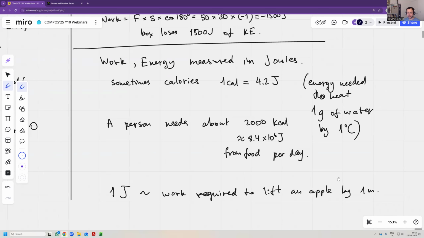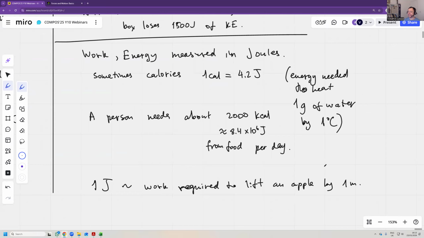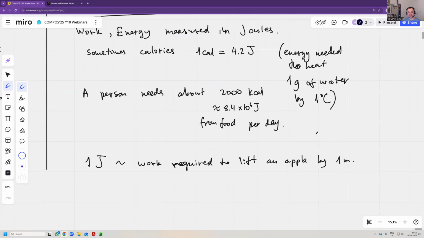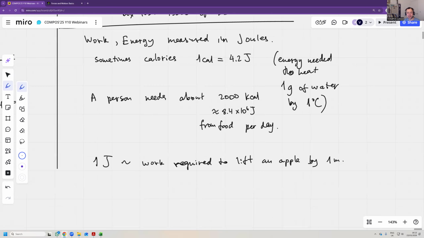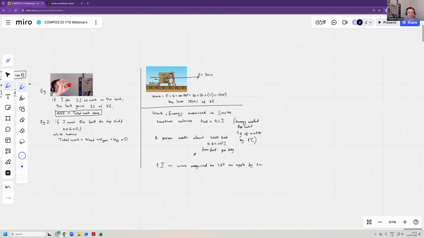So you could imagine that 2,000 calories is just 8,000 joules, which is nowhere near enough of what you need to consume per day. Anyways,